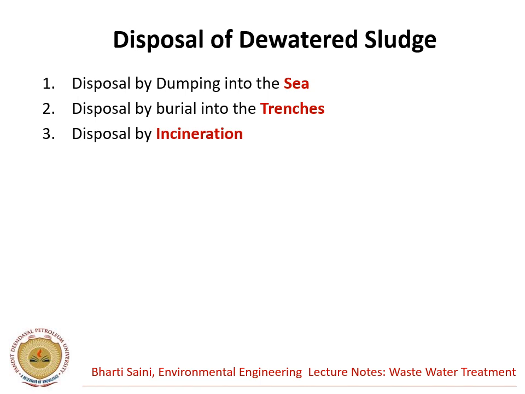Disposal of dewatered sludge. There are different methods for the disposal of the dewatered sludge. First is disposal by dumping into the sea. The dewatered wet sludge may sometimes be discharged at sea from hoppers. This method can however be adopted only in the case of cities situated on the seashore and where the direction of normal winds is such as to take the discharged sludge into the sea or away from the shoreline.